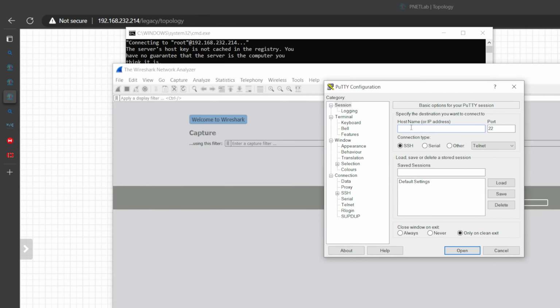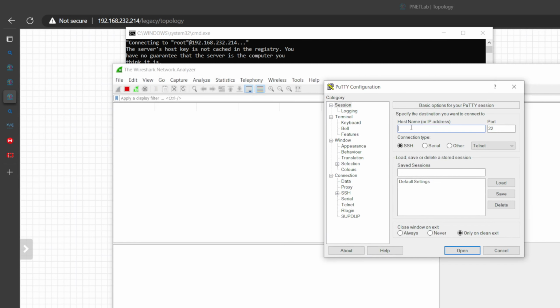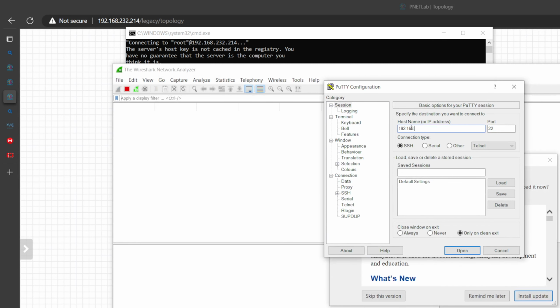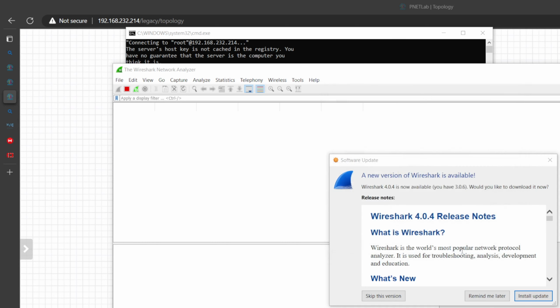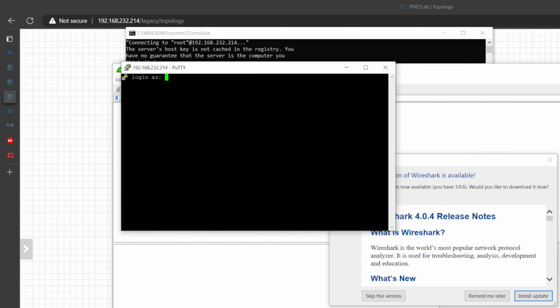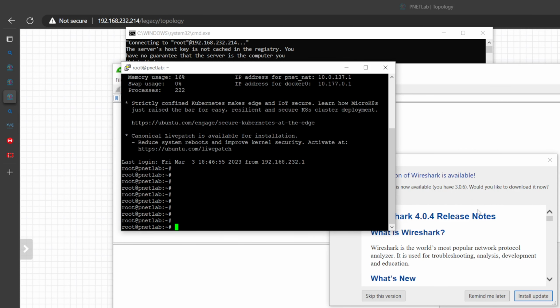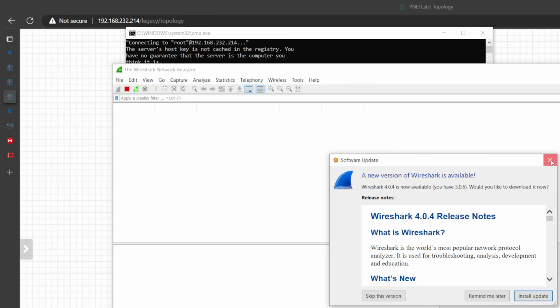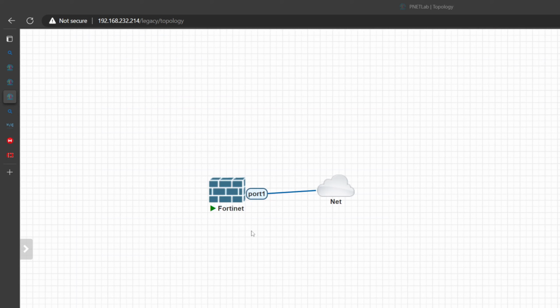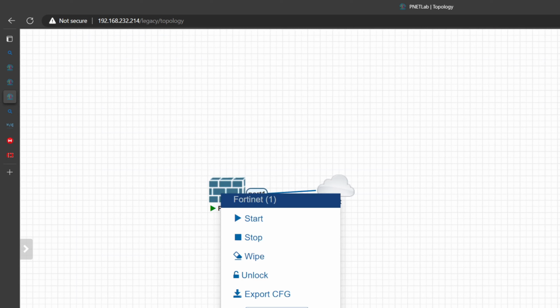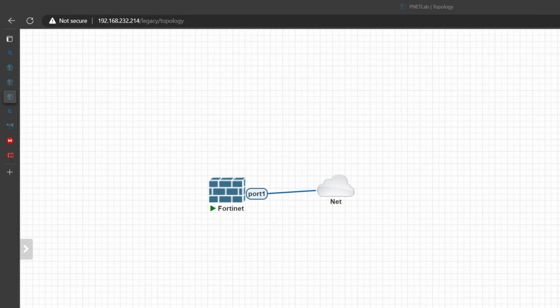If you go here and 192.168.232.214 and open, accept. Here you accept and login, root, Pnet, enter. You see, let's stop it again. Try again to capture port 1, open,